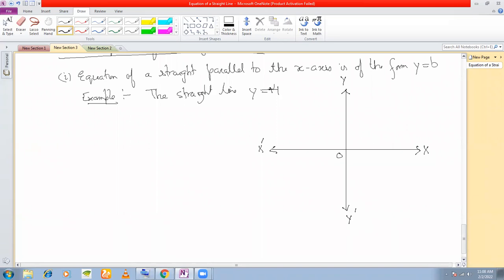And how should we draw? Because this is equal to plus 4, we take 4 units in the positive direction, right? And therefore our straight line will look something like this, right? This distance should be 4 units, and therefore equation of this line is y is equal to 4. Okay,